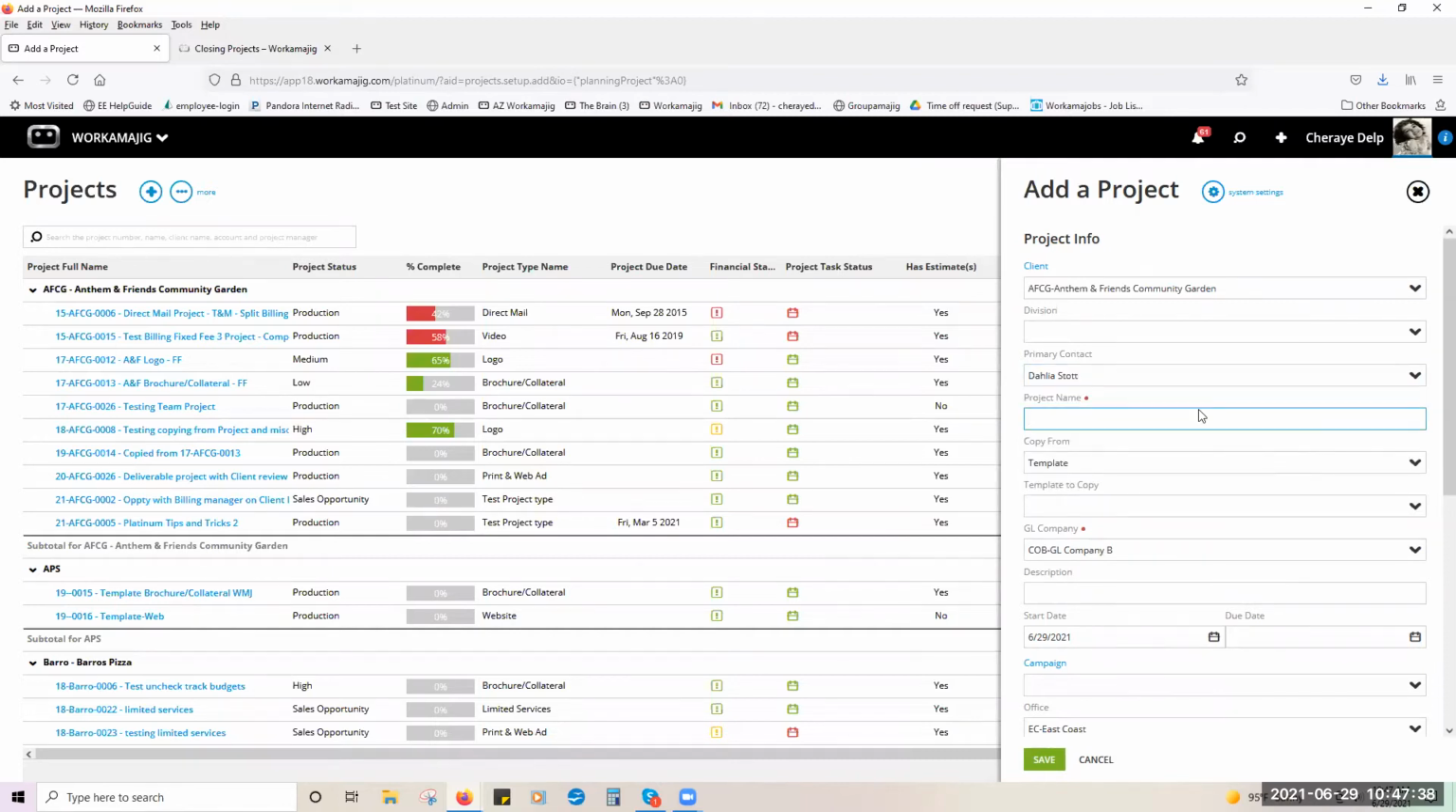The other thing that you're going to notice is you're going to see red dots. The red dots are what are required fields. So I cannot move forward until that field has been filled out. Okay, so in this case, we're just going to say AFCG, and